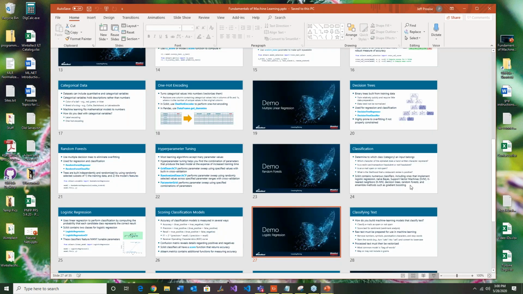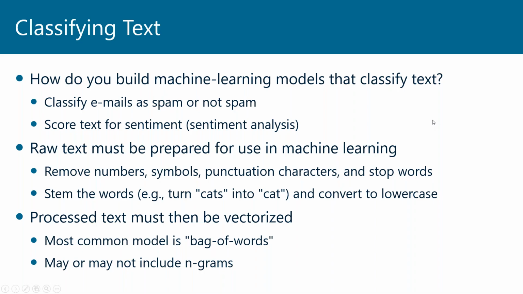So that is one look at classification. What about classifying text? How do we do sentiment analysis on text strings? How do we look at an email and determine whether or not it's spam? Well, once more, we somehow have to convert all of the text into numbers, into vectors, as we sometimes call them, because machine learning models find patterns in numbers. They don't know how to deal with text. So at a high level,